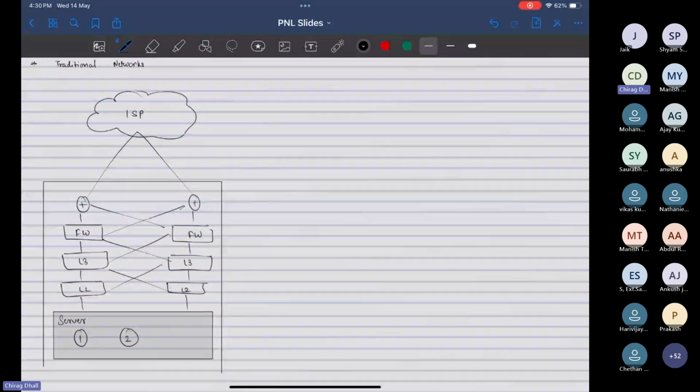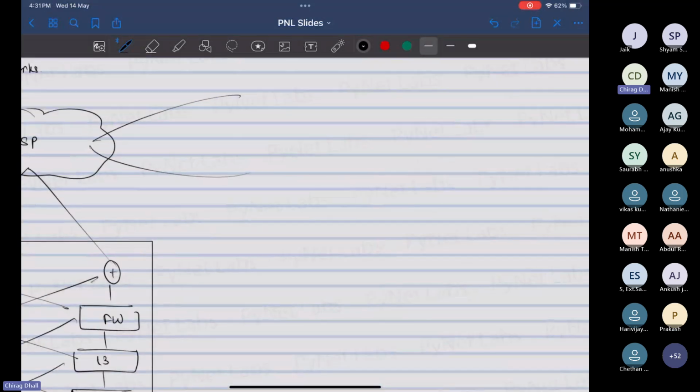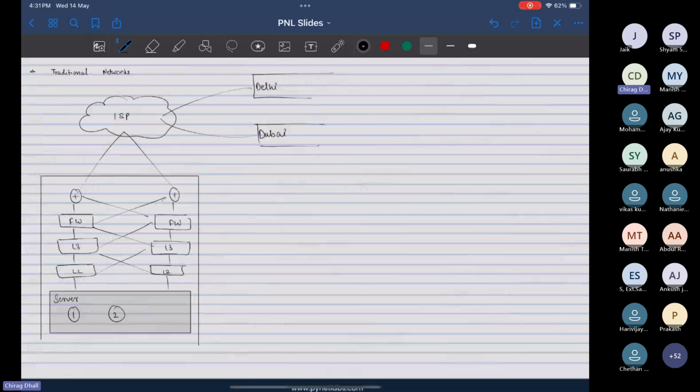Now, these two applications are accessed by employees who are there in a branch which is in Delhi and a branch which is in Dubai. Okay, these are my two branches where my employees work and they access these applications which are hosted on my server. Now, to make this network work, or to make these employees communicate with these two virtual machines, I need